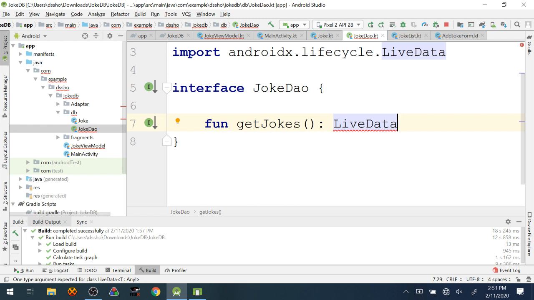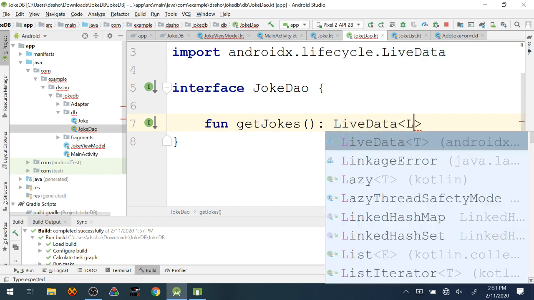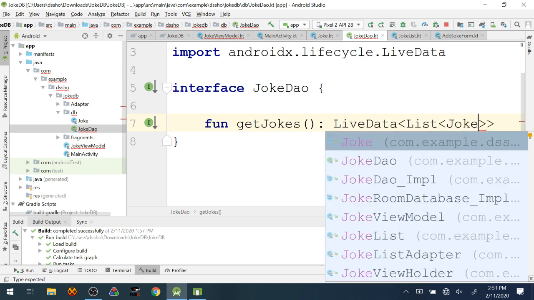Is LiveData thread safe? I honestly don't know the answer to that question. I do not know. We are going to do a little bit of thread stuff today. Not a lot. Not as much as last week, honestly. But for the purposes of this app, I don't think it matters. But I could see how it could matter in other contexts, perhaps. And so a LiveData of what? What do I expect to get back? I expect to get a list of jokes.